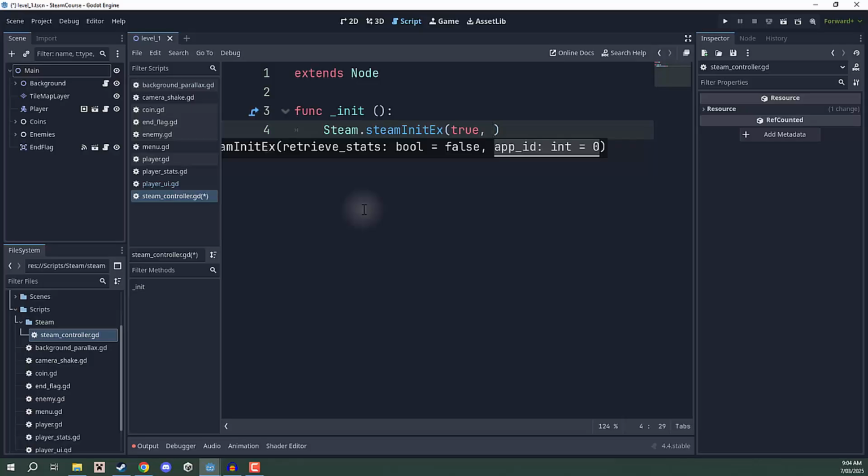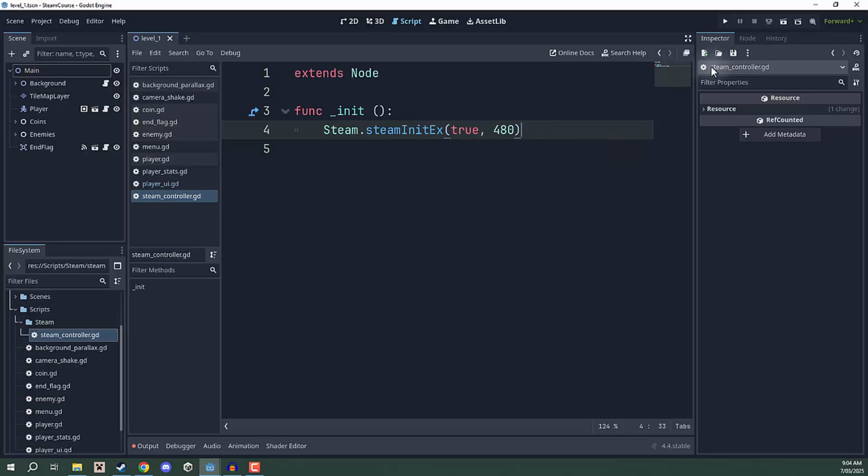Then we need to enter in our app ID. Now, every application, every game on Steam has a unique ID. Now, if you've gone ahead already and created your Steam game on Steamworks, you should have access to that app ID that you can enter here. But since I don't currently have that set up, I am going to instead use Space War, which, like I said, is that built-in app that every Steam account has and is there for testing out the Steamworks API. Now, the app ID for Space War is